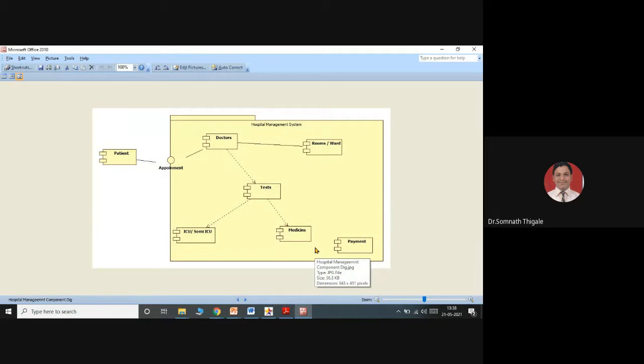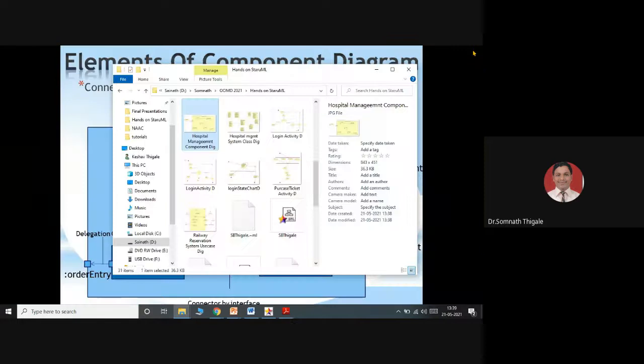This is a simple hospital management system. The management system will be done with the appointments only, and through appointments only, the different parts will start and interact. So this is the simplest style through which you can complete a component diagram.